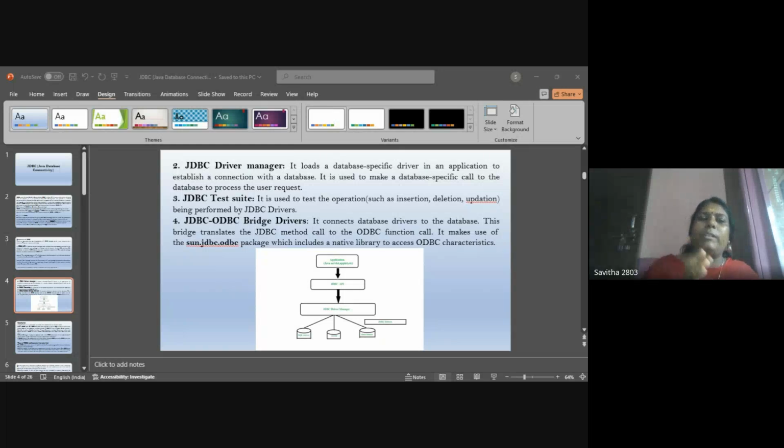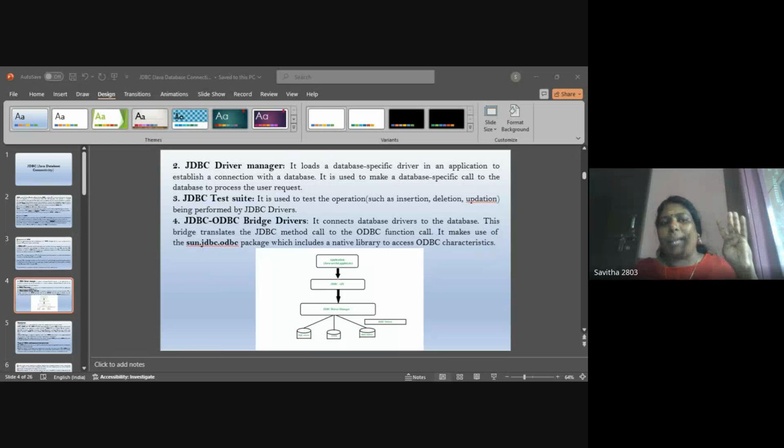Whatever request or code is written inside the Java programs should be understandable by the DBMS or database, and that is enabled by using the JDBC driver. So there are four types of JDBC drivers used in JDBC ODBC connectivity.